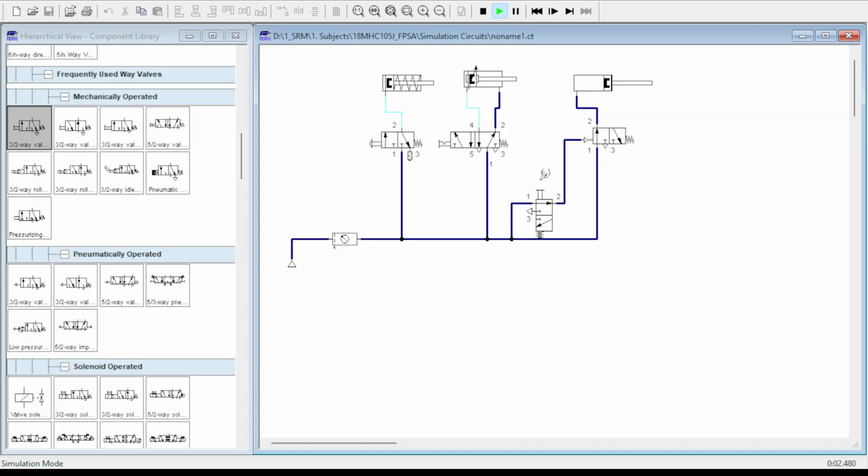And now the cylinder will be extending. When I release this push button, because of the spring force of this DCV, the control DCV will be shifted to the normally closed position, cutting off the pilot supply into this pilot actuated 3x2 DCV. And once the pilot port signal is cut off, because of the spring action of this pilot DCV, the DCV will connect to the normally closed position, and because of the spring force of this single acting cylinder, air escapes out of the cylinder, causing the cylinder to retract. So this is indirect control of single acting cylinder.